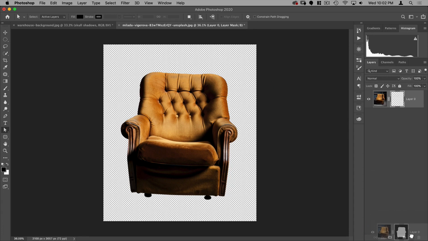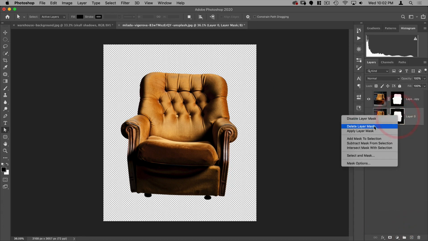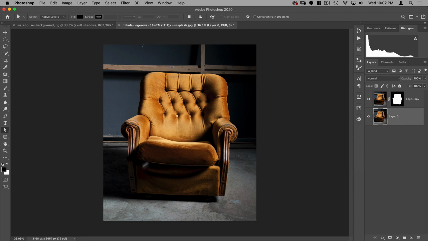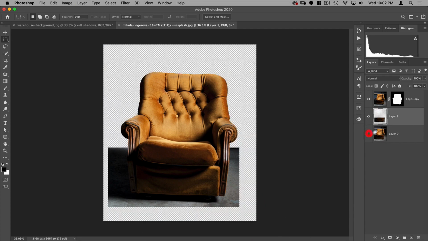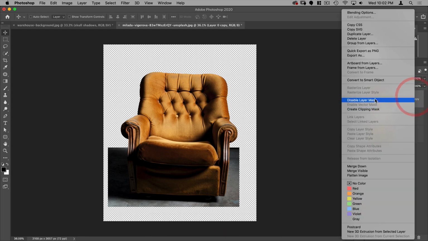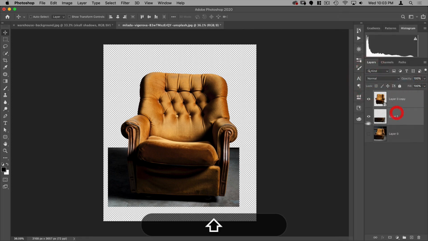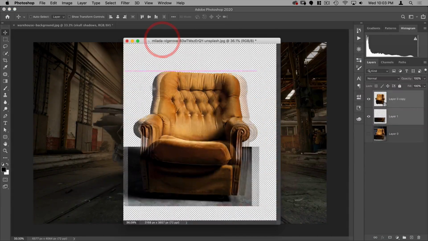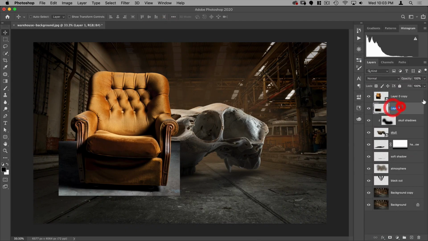And I actually want to make another copy of this, and in my copy I want to delete the layer mask. This is what I'm going to use just for my bottom shadow. So what I want to do is I want to just select this area here that has that shadow. So just about that, and I'm going to do Command J to put that on its own layer. And then I'll take these, I'm going to make this a smart object, so I'll do convert to smart object, and then take these two layers and drag them into here. We can call this chair shadow and chair.